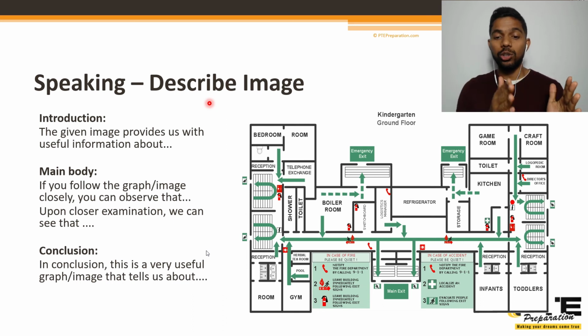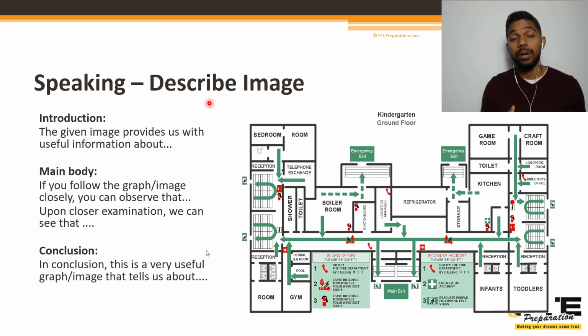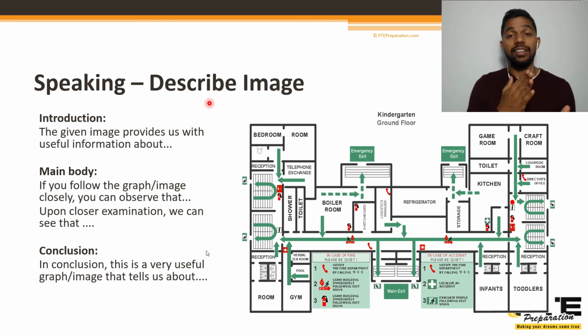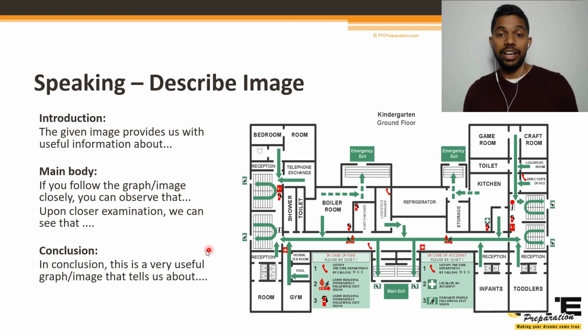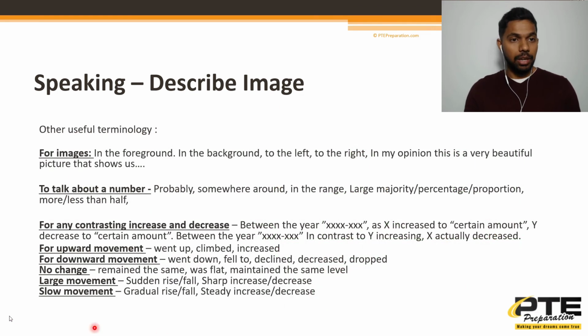Again, keep in mind that in all those examples that I gave, it wasn't a perfect answer as far as I could see, but still it is enough for you to get a 90 score in the exam, and that's because the number of errors is less than one or two. Even though you have a few grammar errors, it's still fine. Even though you're not speaking 100% of the content, it's still fine. But the most important part is that I'm fluent and I'm speaking continuously without pauses and moving from one template sentence to the next without any interruptions in between. So that is the describe image task.